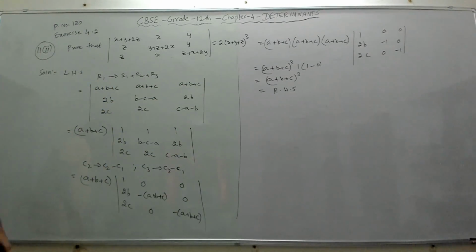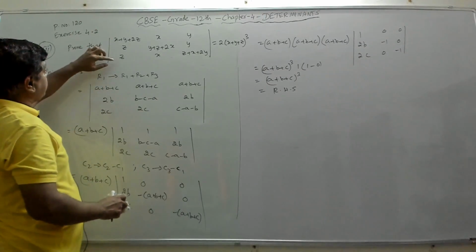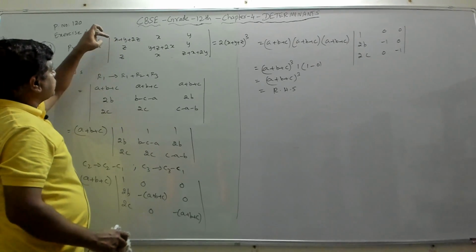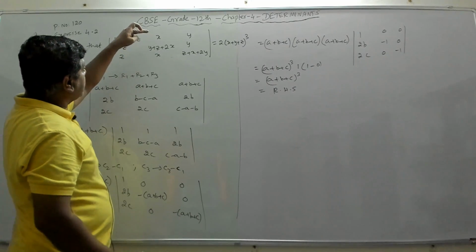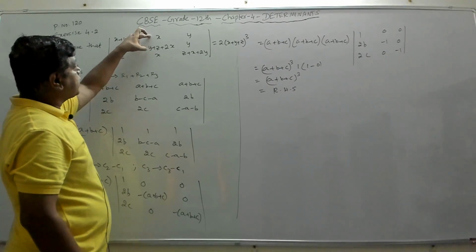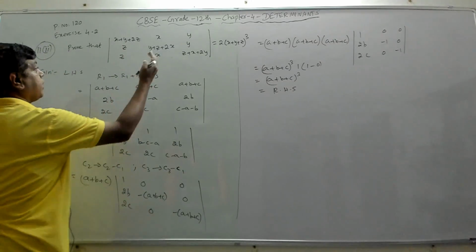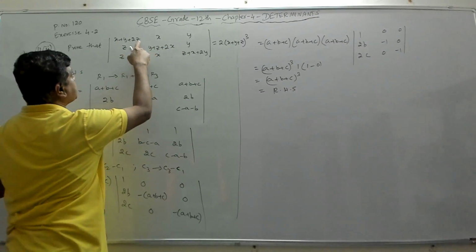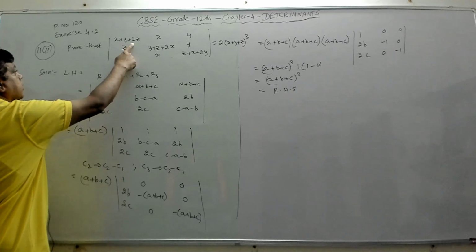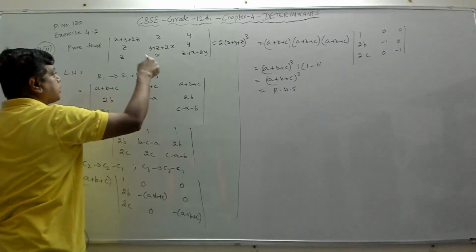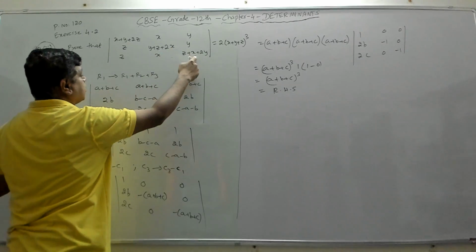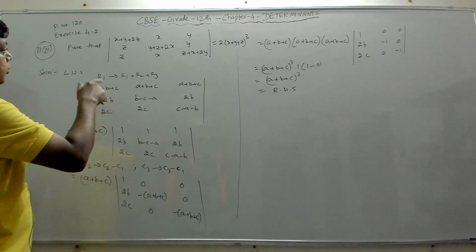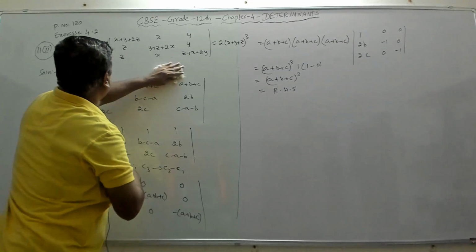But again, if you observe the same logic, if I add all these three, what do I get? I'll get x plus y plus 2z plus z plus z will give me 4z. So I'll get x plus y plus 4z. So they are not matching. But can we try adding like this? Which means column 1 is column 1 plus column 2 plus column 3. If I do that, I'll get 2x plus 2y plus 2z. So what we can do is we can apply the